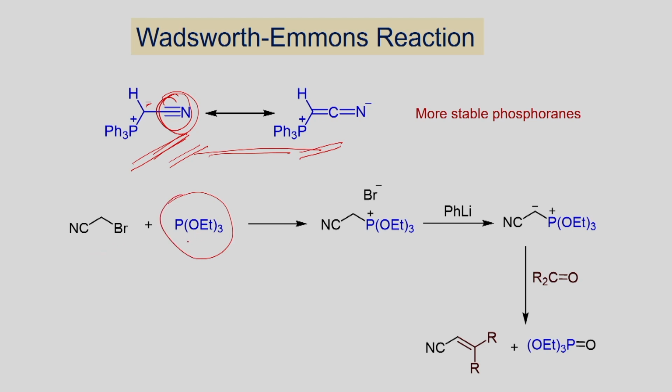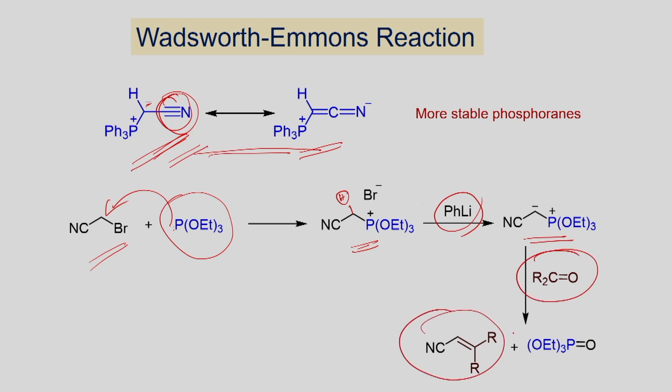So the triethyl phosphite has been used. If you have this halo substrate, as we have seen, you can react here. You can make this salt via SN2 pathway. Once you form the salt, as we have just seen, you can react with the base. Here the use of phenyllithium is shown, and it can deprotonate, and you can make this ylide. Once you form this phosphorane, which can now react with ketone, you get this alkene as a product, where you generate this triethyl phosphate as the byproduct, which can be easily removed by washing.